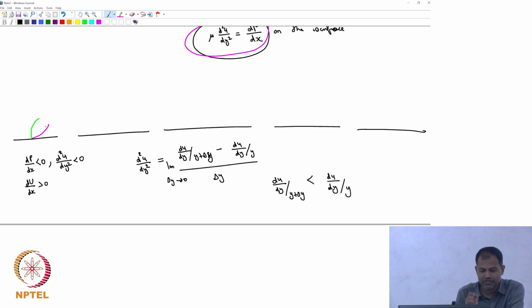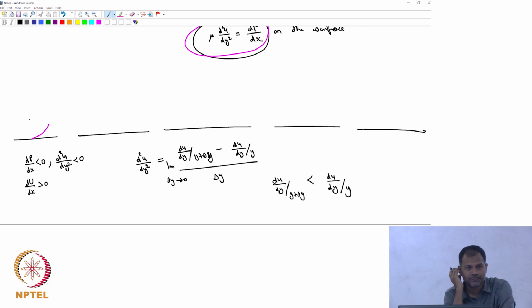So that is satisfied by the magenta line, right? Remember, u is on the x-axis, y is on the y-axis, okay? So when I say du by dy, you should really be looking at the slope like that, okay? So it's highest like this. So it's the magenta line that's going to be satisfying this situation, d square u by dy square is less than 0, okay? So I can immediately say that therefore the green can't be, and it should be something like the magenta, okay? So this is what the boundary velocity profile should be if I say dp by dx is less than 0.